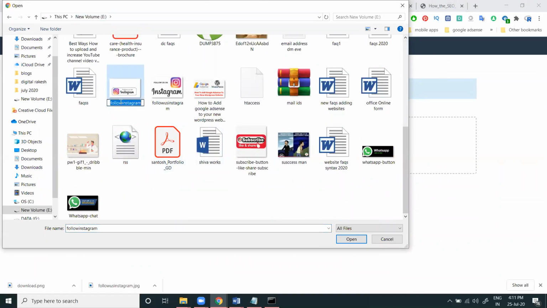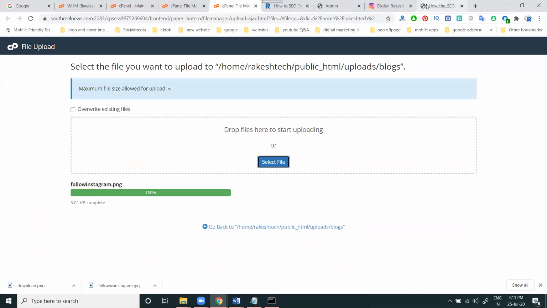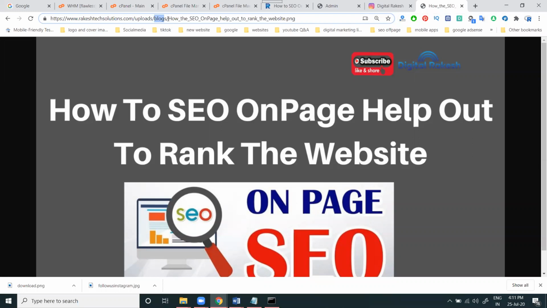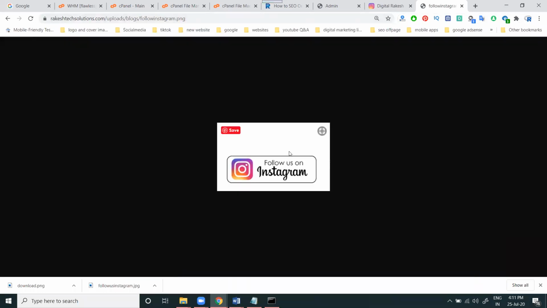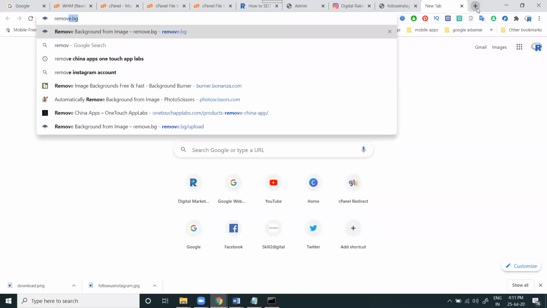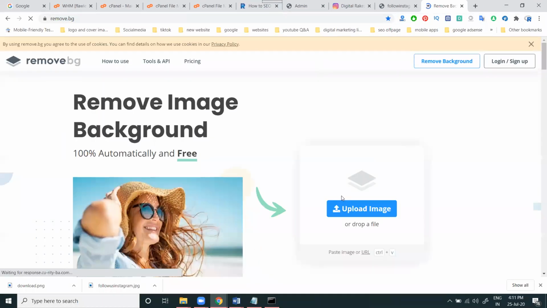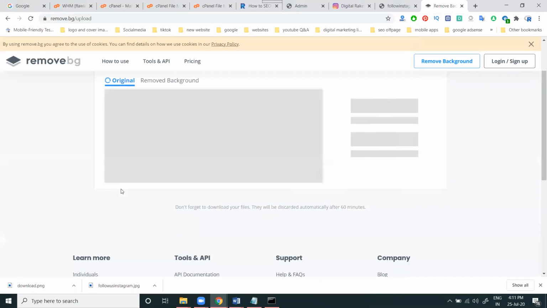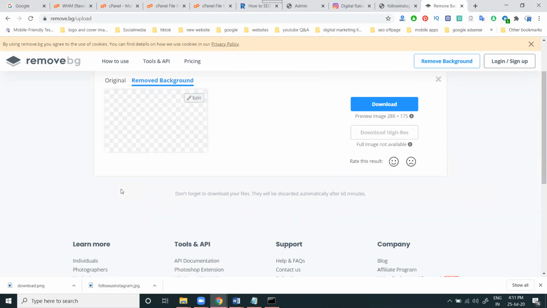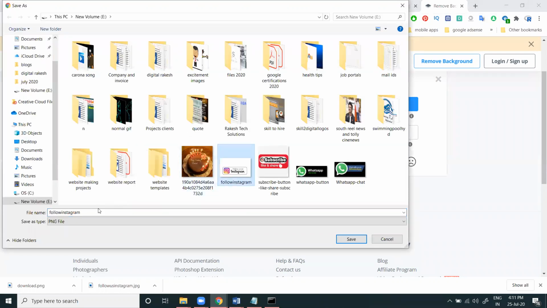Follow Instagram. Copy the name here and change your extension. So I'm changing it here to dot png. Your icon will be added at your particular position. Suppose you want to completely remove the image background: we can use the remove.bg option. Upload the image, select the image here, and we can remove the image background. This complete one will be placed in this position. Save the image. So, follow Instagram